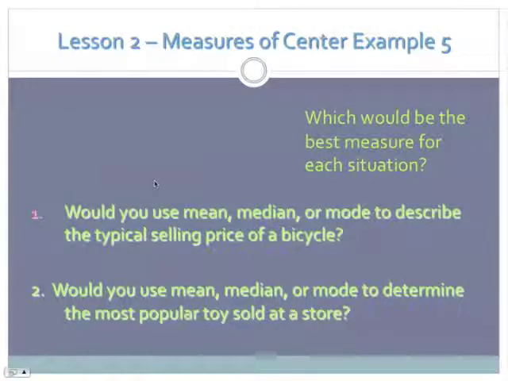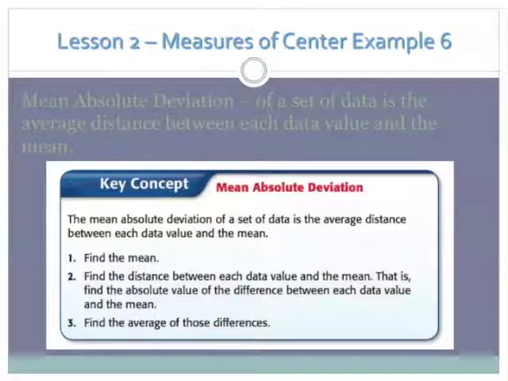All right, guys, that concludes lesson 2 on measures of central tendency. In your notes, you do have an example 6 where we are going to discuss the mean absolute deviation, and the abbreviation is MAD. Your teacher will review this topic with you in class, and we will go over the examples of MAD as well in class. So what I would like for you to do is skip example 6, just leave it blank,